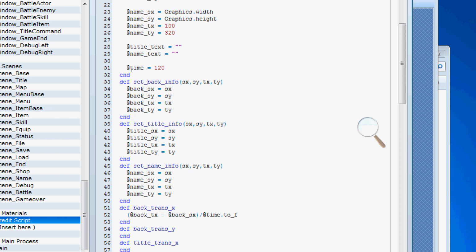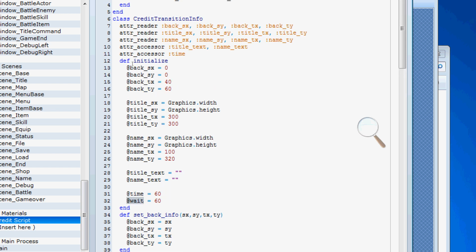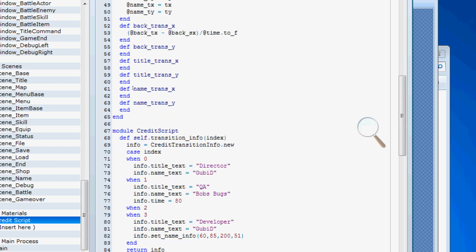Actually we probably should also add a wait on here, as in once it gets there, how long to have it wait there before it actually jumps to the next one. So we're going to change that to 60, and the wait to 60 as well. So it will transition for 60 frames, and then it will wait for 60 frames before it actually proceeds. Alright,